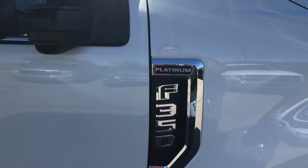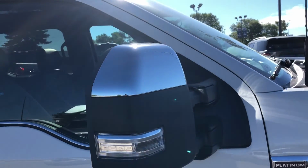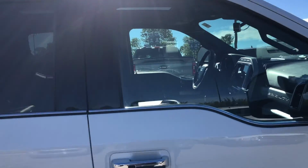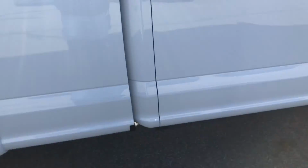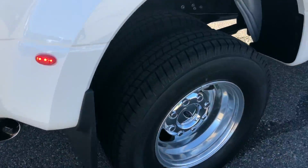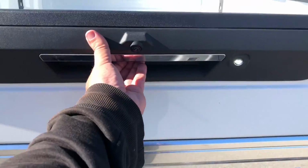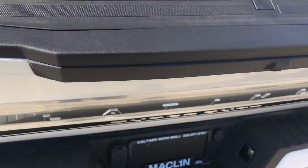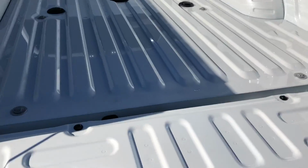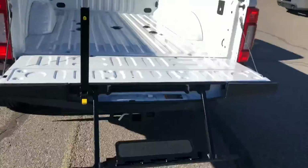It's in the Platinum trim. It's powered by a 6.7 liter Power Stroke diesel engine. It's got chrome capped spotlight mirrors, blind spot information system. It even has power deploy running boards. It's got a dually drive axle, trailer tow package, the fifth wheel hitch prep package, the tailgate step,